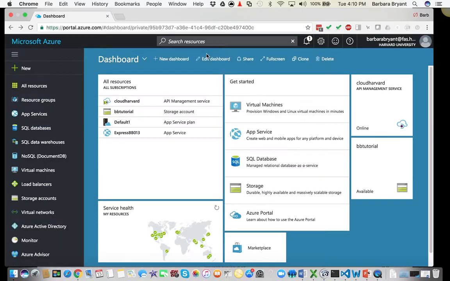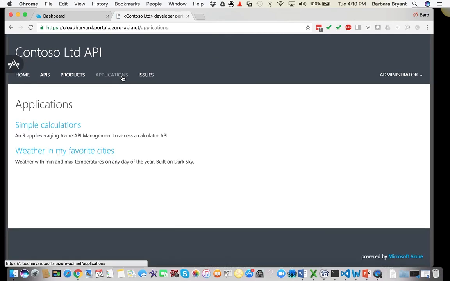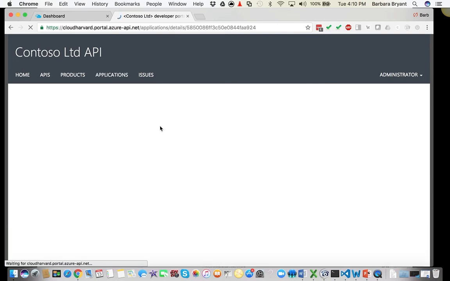Oh, I guess I could do my demo. Great. So here's what it looks like when you go to my portal, Cloud Harvard portal. You can see the applications that I developed. Here's the simple calculations one, which takes you to the application,